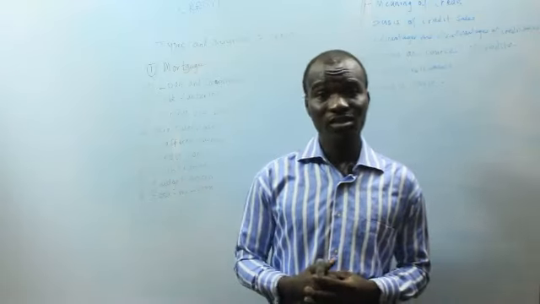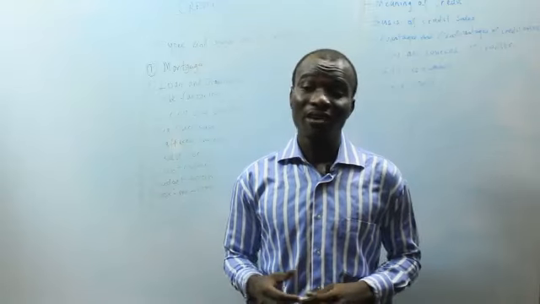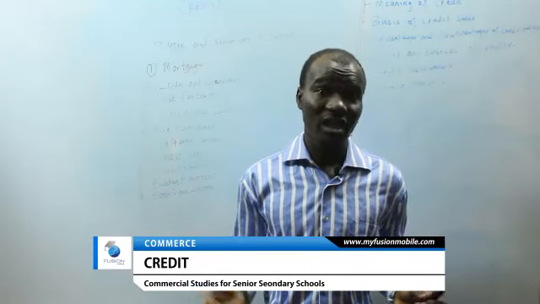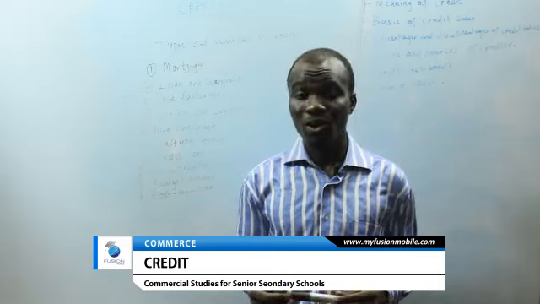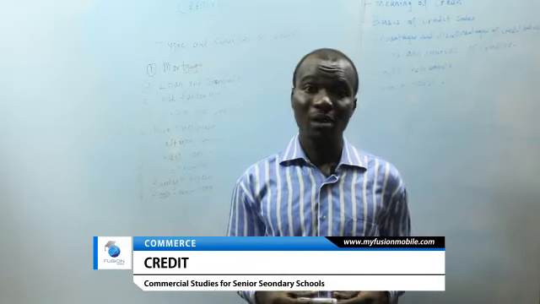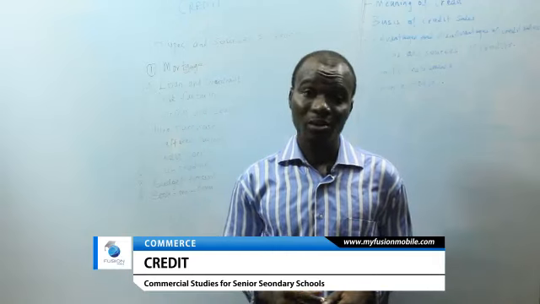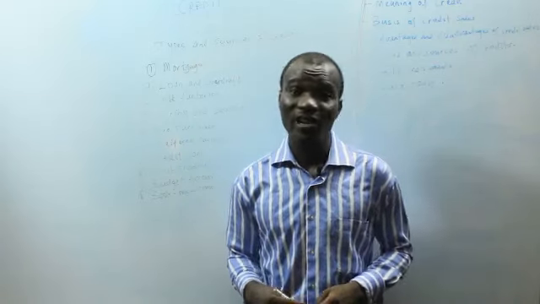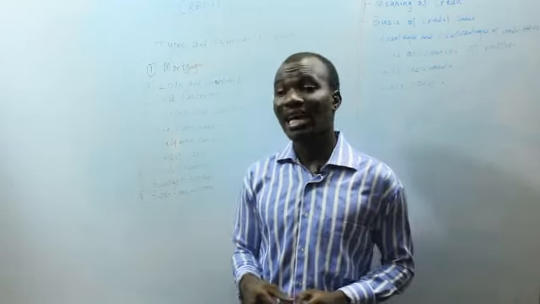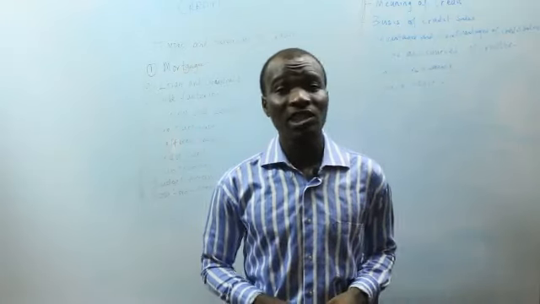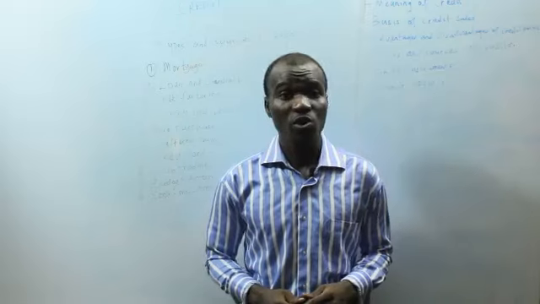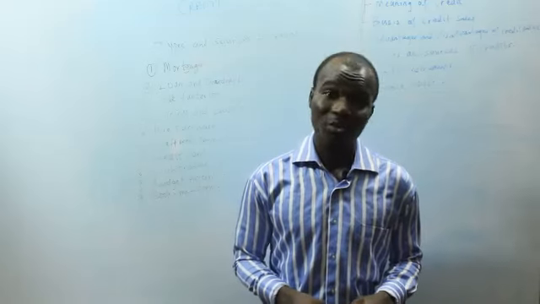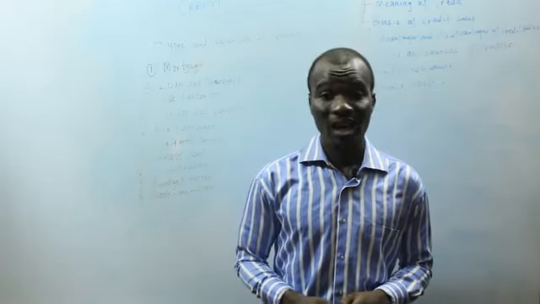And again, when talking about the hire purchase contract, immediately the goods are transferred from the seller to the buyer, the seller can require an initial payment. An initial payment might be required based on the agreement between the seller and the buyer, so there might be an initial deposit. And also in a hire purchase contract, the amount at which the goods will be sold, which is referred to as the hire purchase price, is usually higher than the cash price of the goods, because hire purchase interest is included in the calculation. So the hire purchase price is higher than the cash price of the goods.